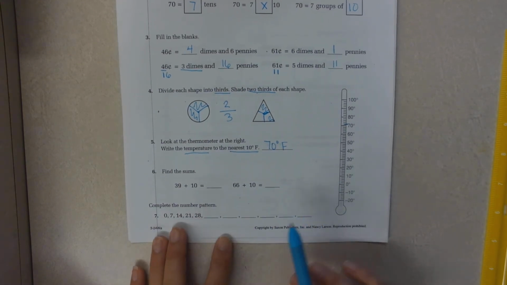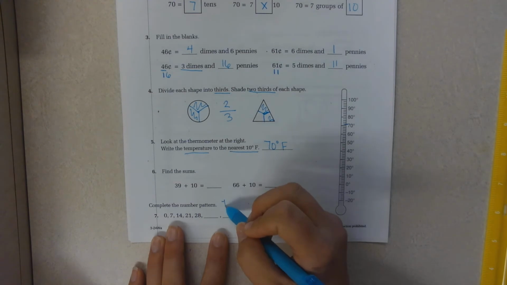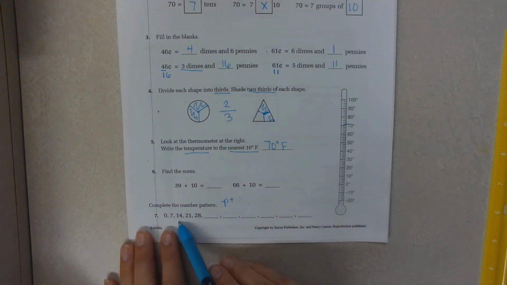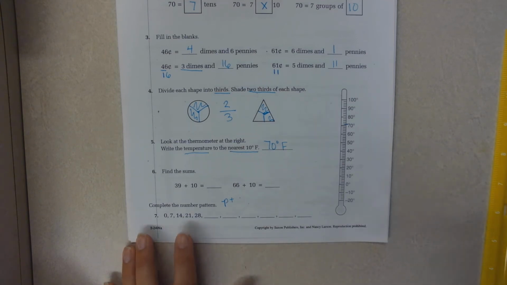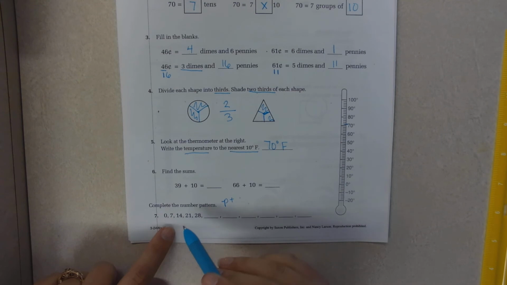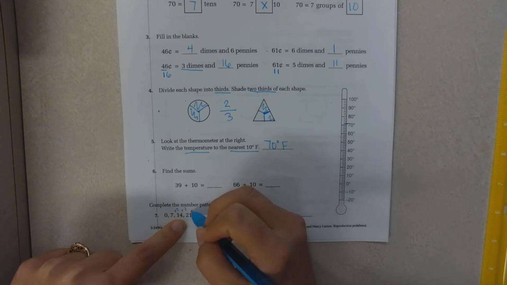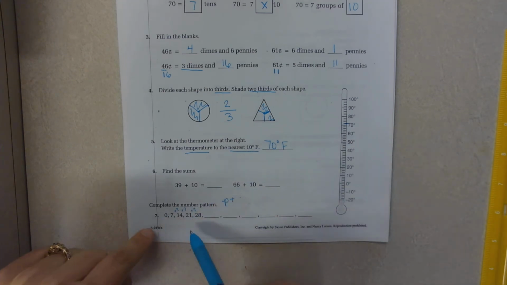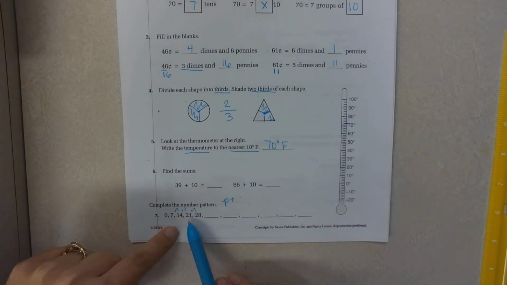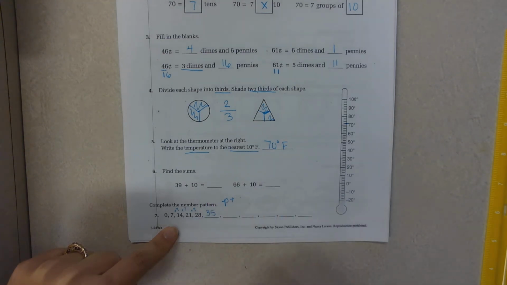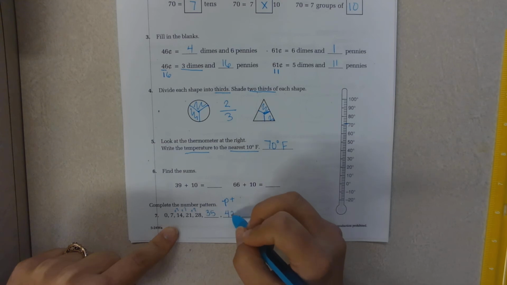Complete the number pattern. Well, I know I'm getting larger, so I'm going to add 7, 14, 21, 28. Now I know this pattern. It is going up by 7. 7 plus 7 is 14. 14 plus 7 is 21. 21 plus 7 is 28. So 7, 14, 21, 28, 35, 42,